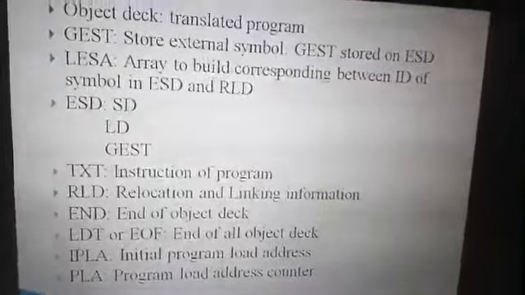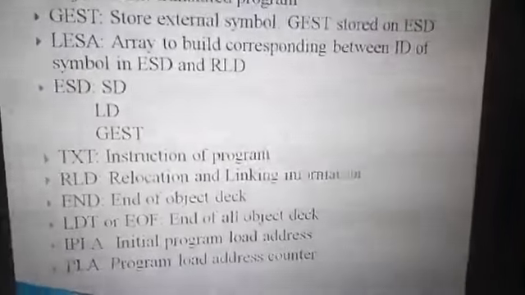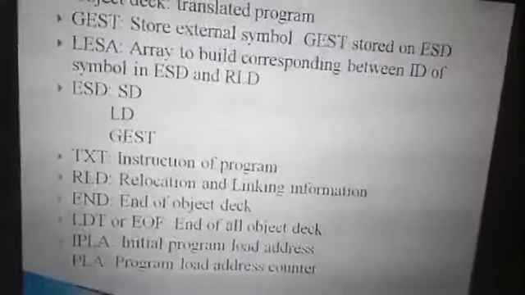Now we will go with the algorithm. I won't give such an abstract introduction to the algorithm; we'll directly go to the pass 1 and pass 2 algorithms. In pass 1, we will allocate all the segments. These were the segments we allocated. This is one segment, this is one segment. Both the segments we allocated.